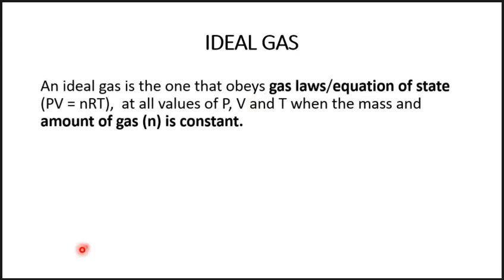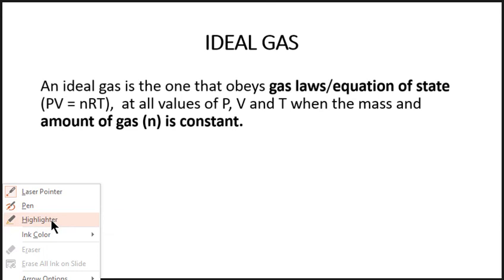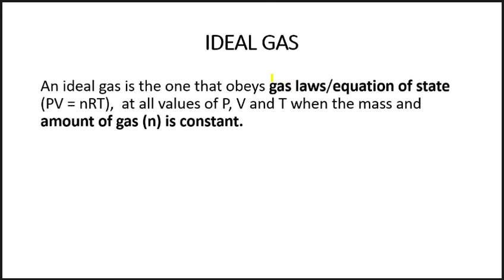The key point you need to take note of is this word, gas law or equation of state. Once the gas obeys that and its mass and amount do not change, then it is an ideal gas. So those are the two key points that you need to take note of when defining the word